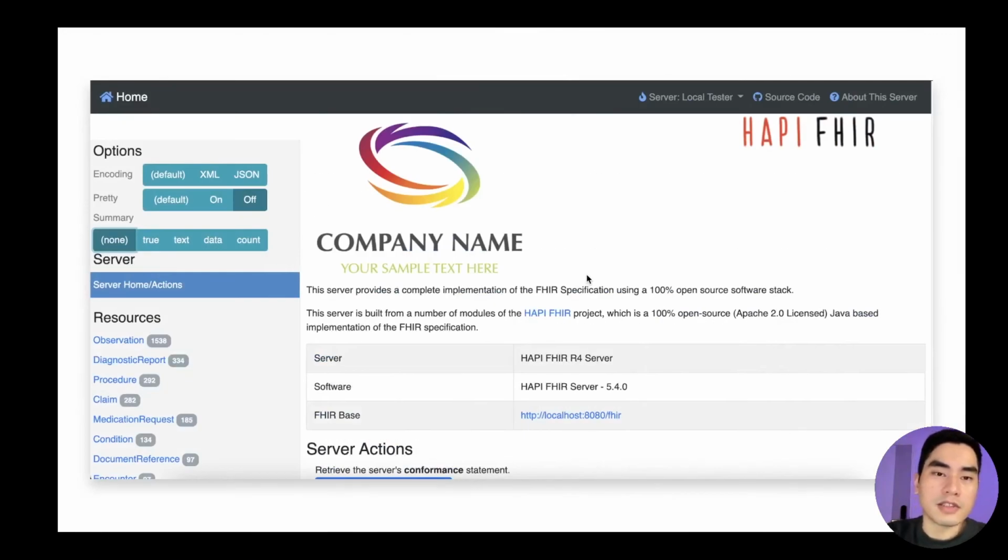And when you have successfully run the server on your local machine or on the internet, if you go to the home page, localhost 8080, it will show you this page, the web UI page. But the base URL for interaction with the FHIR API will be this location.